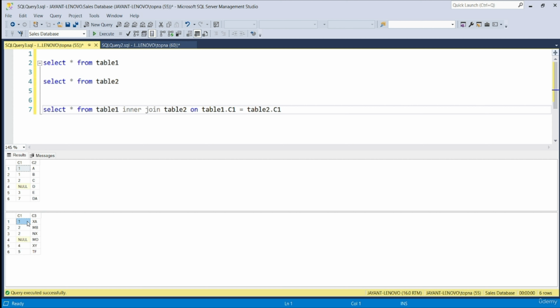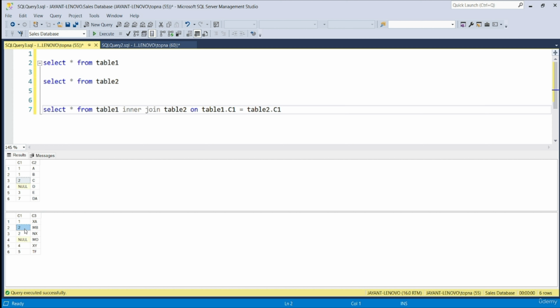So these two ones will match with each other and the corresponding output will be generated. Similarly, the second 1 in column 1 of the first table will match with the first 1 in column 1 of the second table. Similarly, 2 from column 1 of table 1 will match with the 2 present in the second record in table 2,